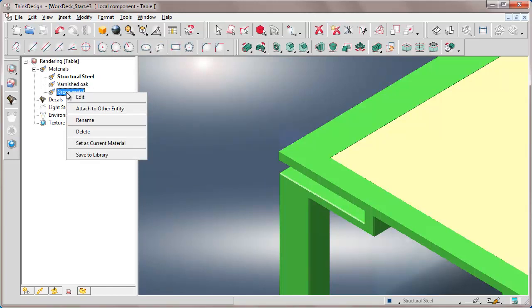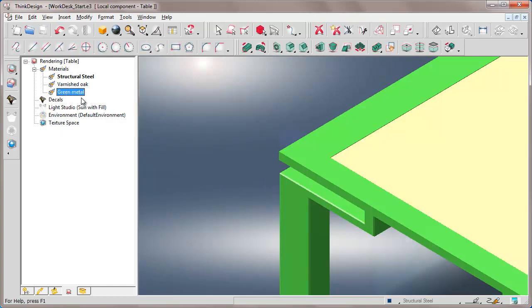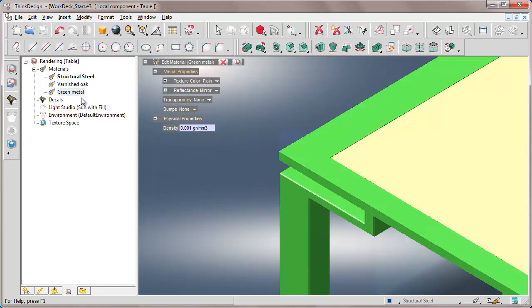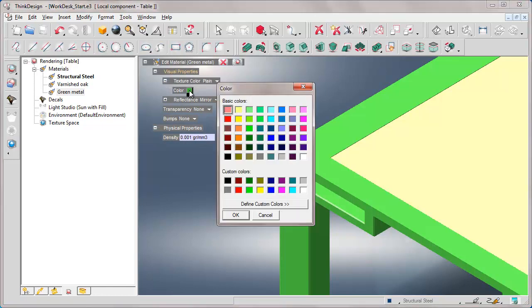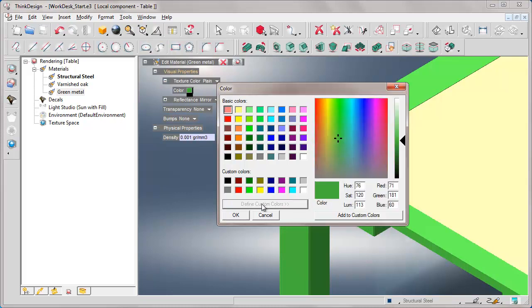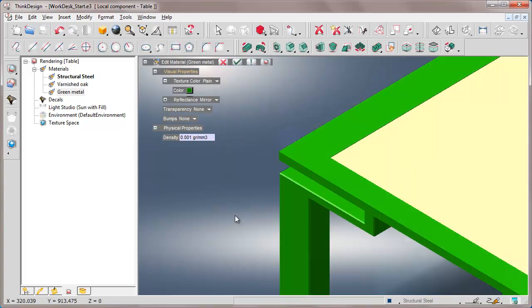Now we change the color of the metal, select and edit green metal. Texture color is set as plain. Reflectors to mirror, no transparency and no bumps. The color is set to green. We change it by clicking on it. From Define Custom Colors, we define a bit stronger green, for instance the one indicated by the arrow, and we confirm. We run the rendering preview,